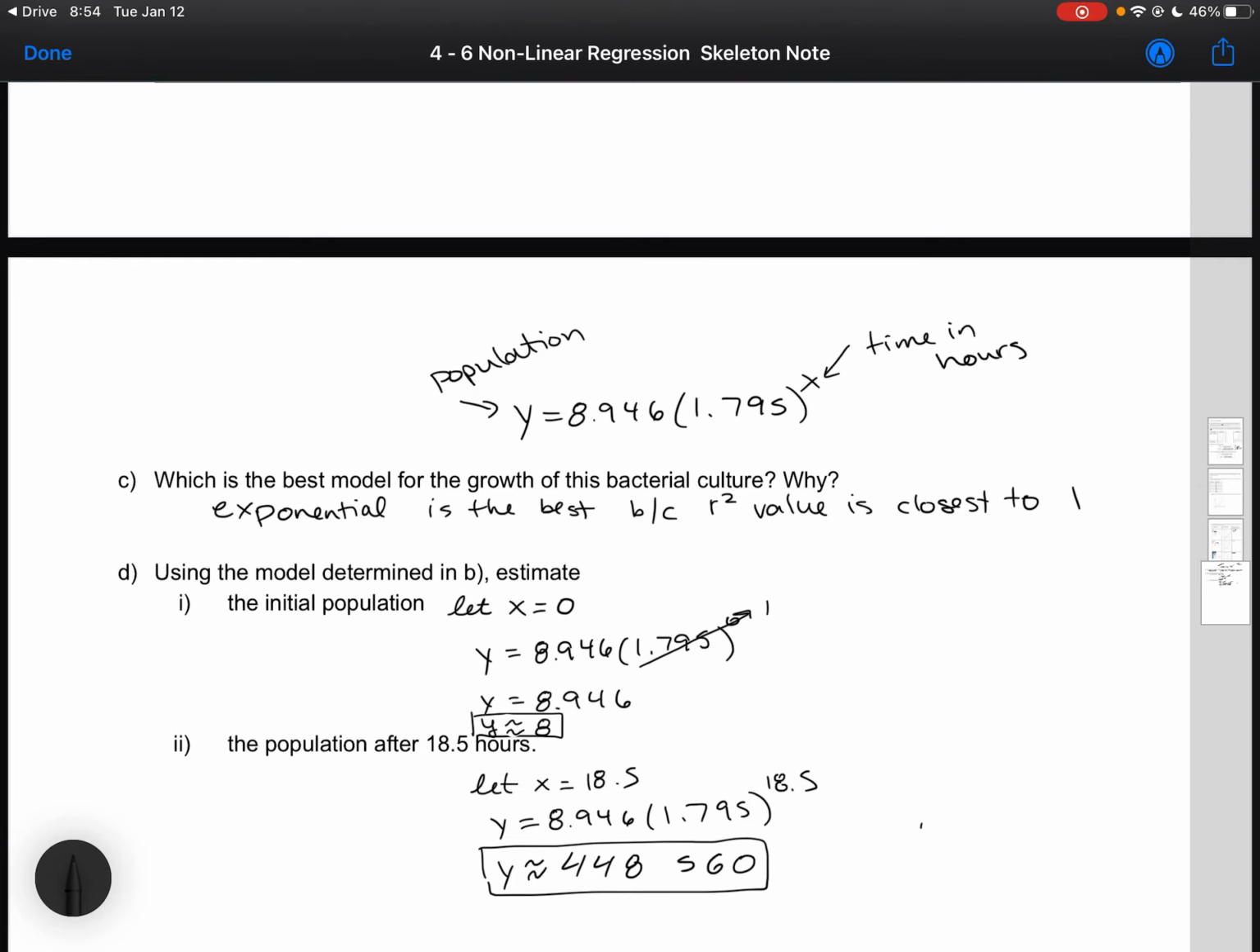That's an example of nonlinear regression. We chose the best model for the